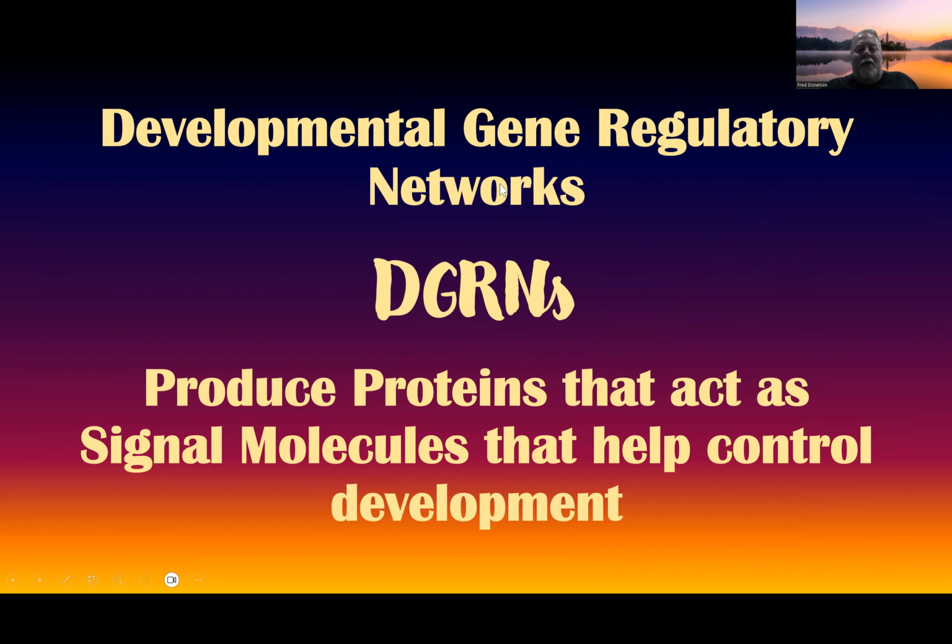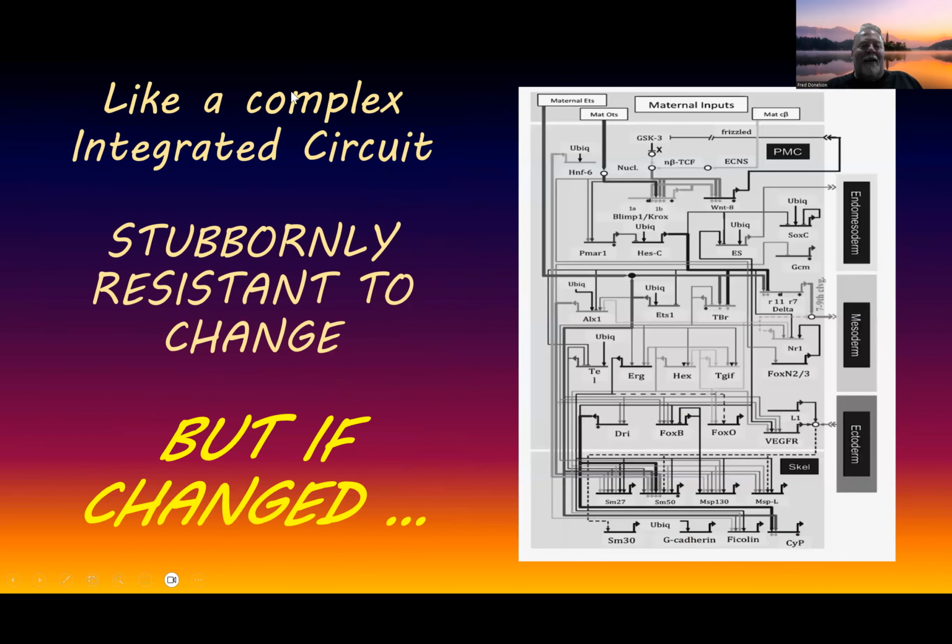And there were these whole networks of things on the junk DNA. And what they basically did is they produced proteins that act as signal molecules, and they help control the development. So they turn certain genes on and certain genes off at a certain time, and then those genes make signal molecules that call for other things to turn on and turn off. So these are really, really complex things. They're so complex that a lot of people discuss them like they do integrated circuits. Here's just a map of one of the ones that